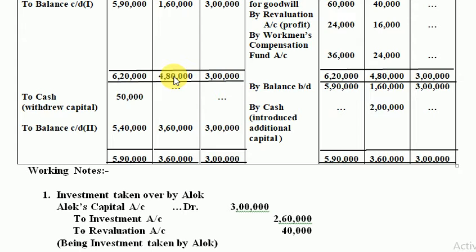What you're going to do is, you're going to transfer this balance CD from this left or the debit side of partner's capital account. I have named this as Roman 1, balance CD number 1. This is for our convenience to understand initially, otherwise there is no need to write down this one. The capital of all the three partners will be brought down here on the credit side below the total. This is the total, so just below this we will write down by balance BD and write down the same balance CD which came from the debit side, 590, 160 and 3 lakh. So this is one simple step you do.